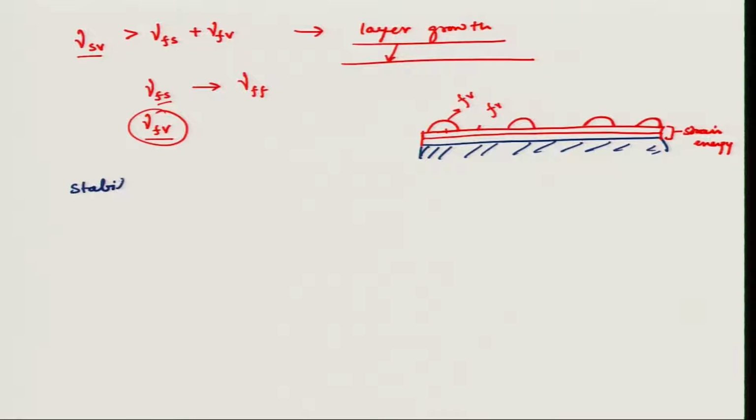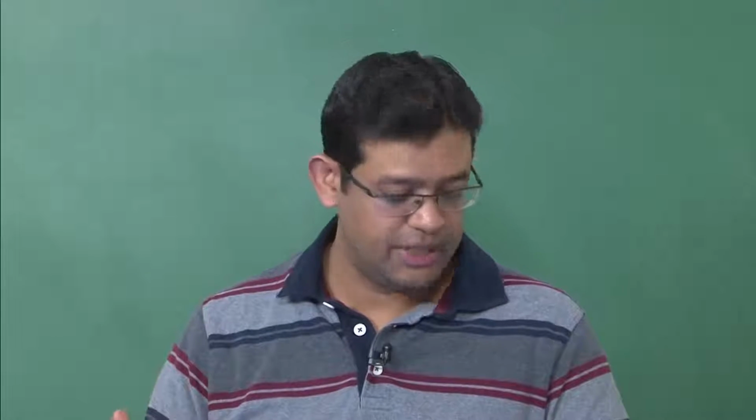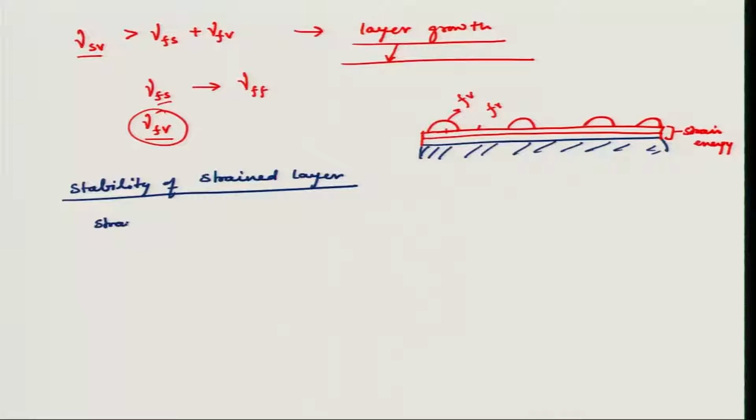Stability of strained layer. Okay. So, suppose we have, let us go back to the epitaxial growth model, and we have a lattice mismatch, and this lattice mismatch will give you some strain energy. Now, strain energy in film